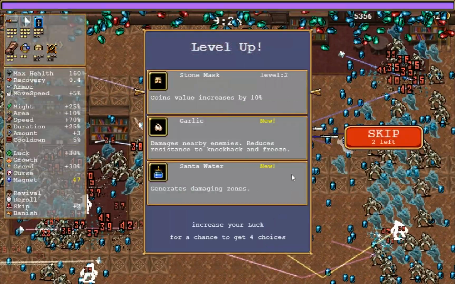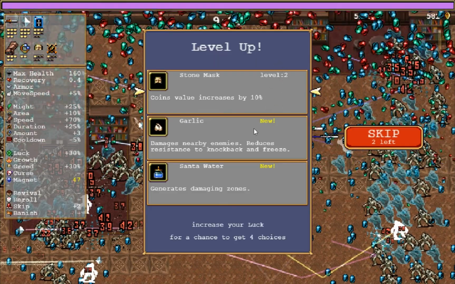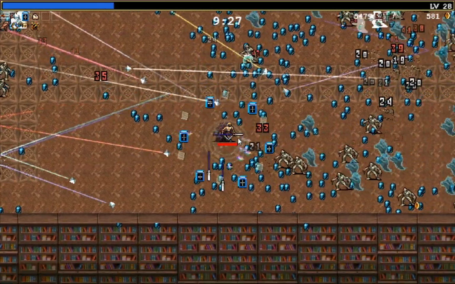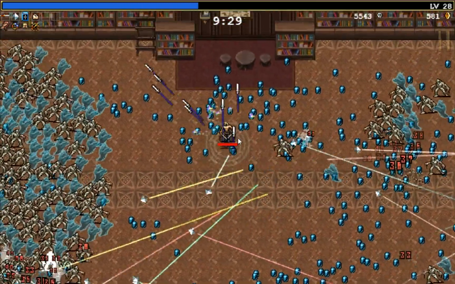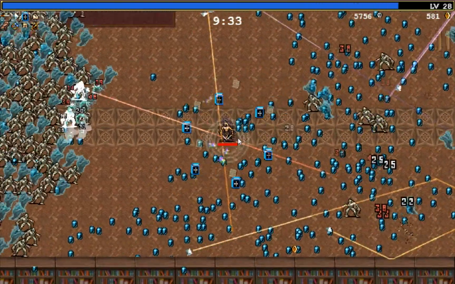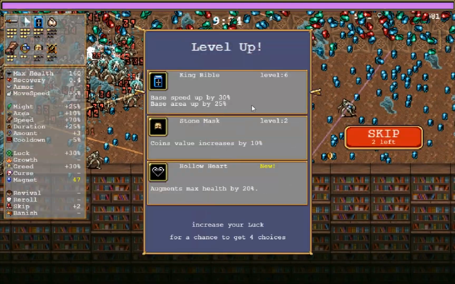But as you can see, later on, you get a lot of powerful combinations. Garlic is a very good item. That was one of the ones I was looking for. It gives you basically a protective aura which does damage to enemies who wander into it. Greater in late game, where you have so many enemies on screen that it's hard to stop them from getting